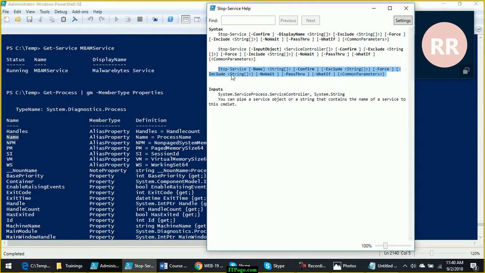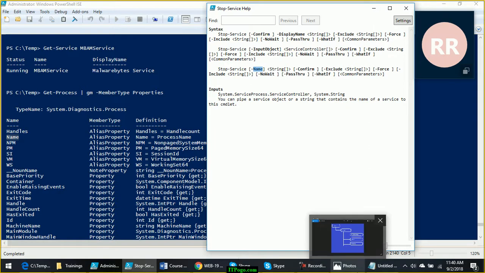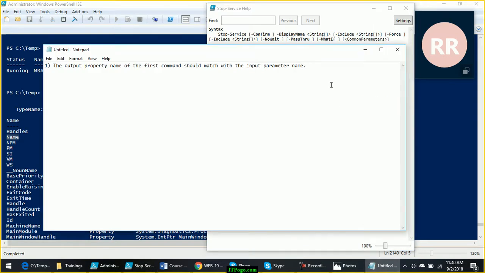Here on the right-hand side there is a command called Stop-Service. On the left-hand side the command is Get-Process. This command Get-Process has multiple properties, out of which there is a property called Name. Now this property Name exactly matches the parameter name. This is also Name, this is also Name, both are Name. That is the first rule, what I have written here. The output property name of the first command should match the input parameter name. Match exactly.